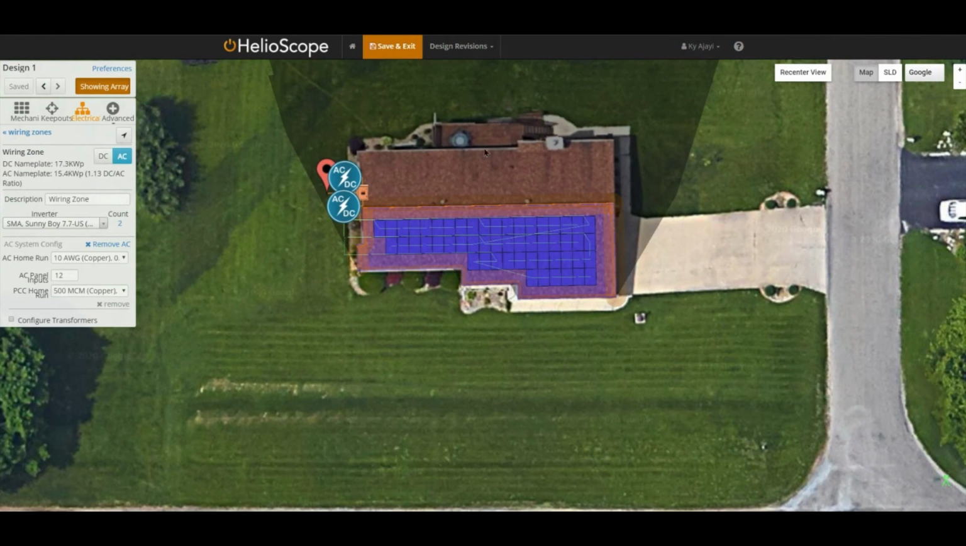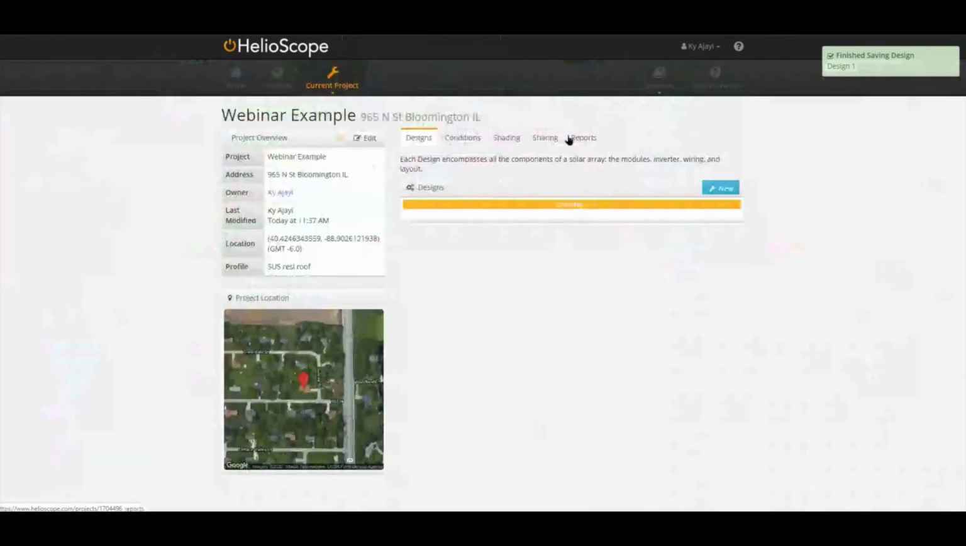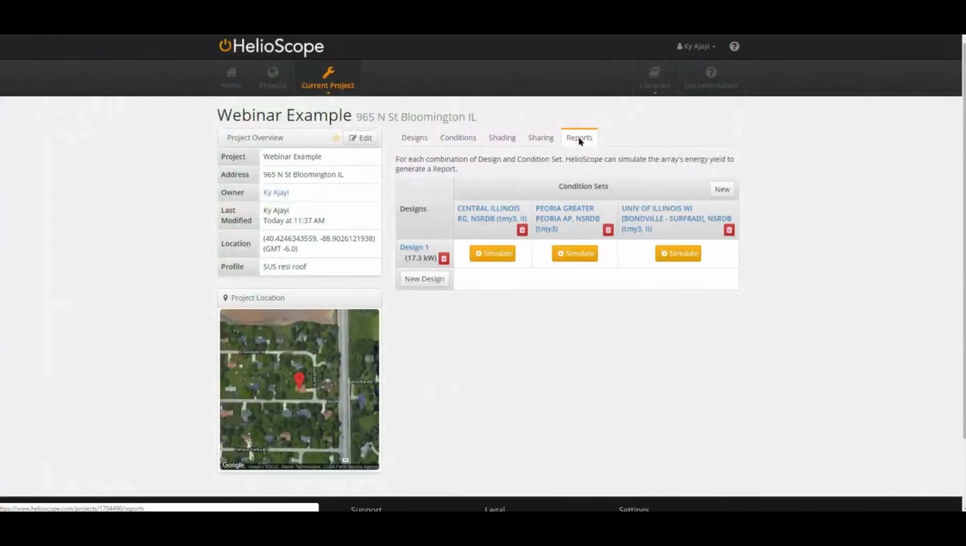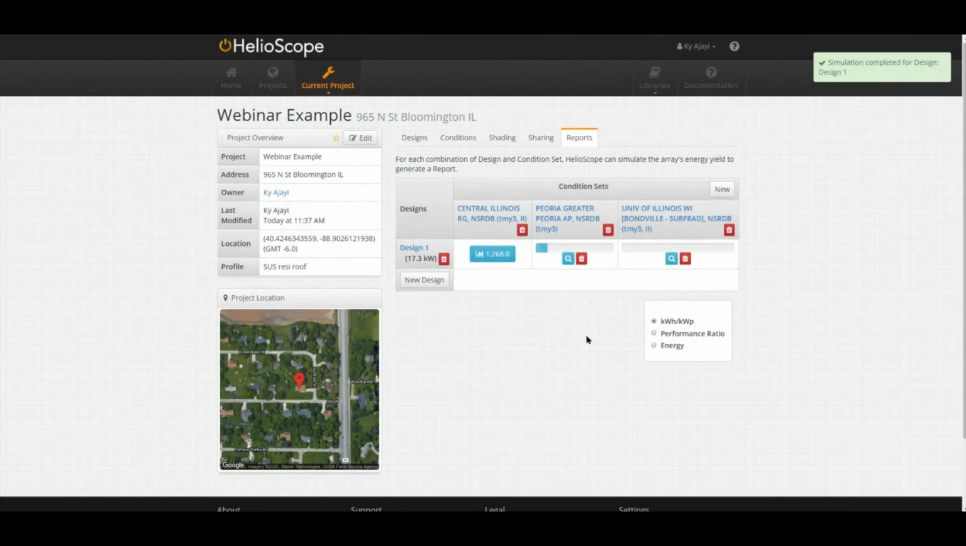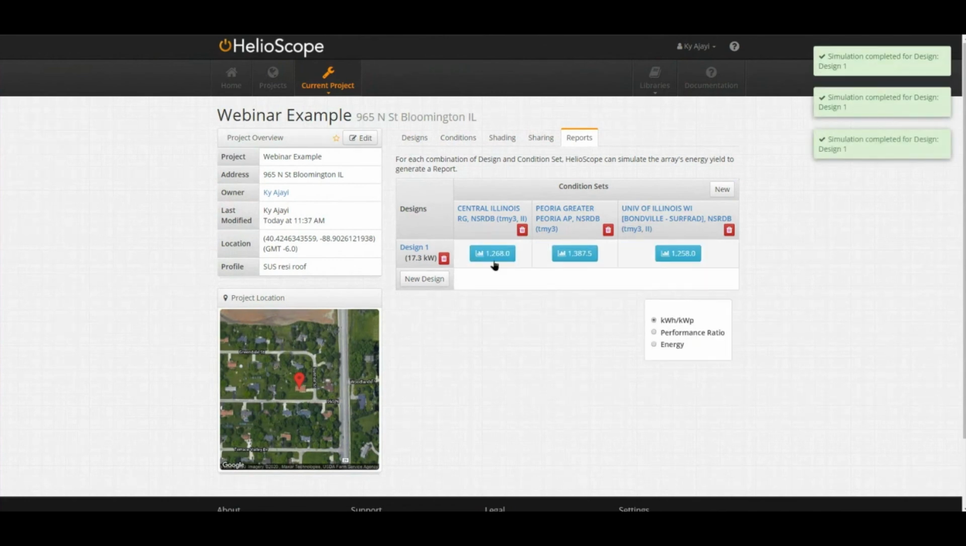Now I can go and look at how much power this produces. I'll save and exit from here. I'll go to my reports, and here are my 3 condition sets, and I'm going to simulate the energy being produced by that array over a year. In Central Illinois, it's telling me it's a